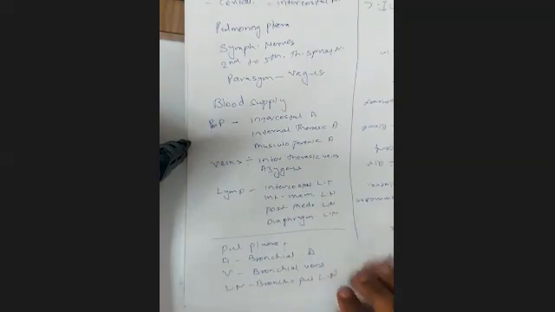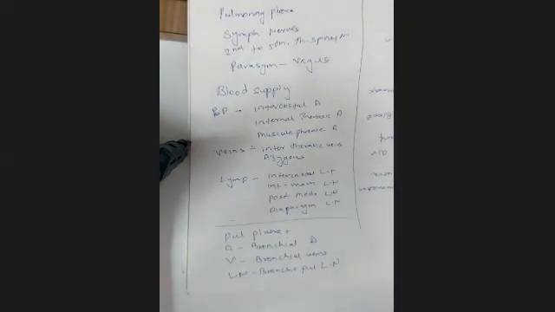The blood supply of the parietal pleura is by intercostal, internal thoracic, musculophrenic; venous drainage is by internal thoracic and azygous; lymphatic drainage is by intercostal lymph nodes, internal mammary lymph nodes, posterior mediastinal lymph nodes, diaphragmatic lymph nodes. While the pulmonary pleura is supplied by bronchial artery. Its venous drainage is by bronchial veins, and lymphatic drainage is by bronchopulmonary lymph nodes.